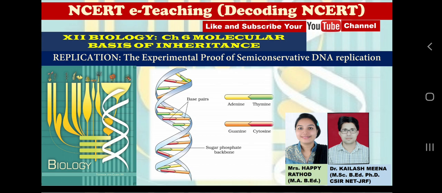Now we know that cells have DNA in their chromosomes, whether they are prokaryotic cells or eukaryotic cells. Here we will not learn about the mechanism of DNA replication. Here we only learn about the experiment which was conducted to prove how the mechanism happens, how DNA is able to make the copies, in which manner. That experiment is very crucial for our class 12th board examination plus the NEET examination also.